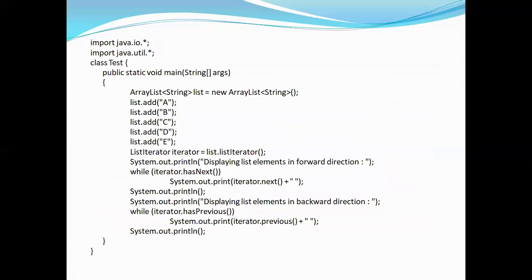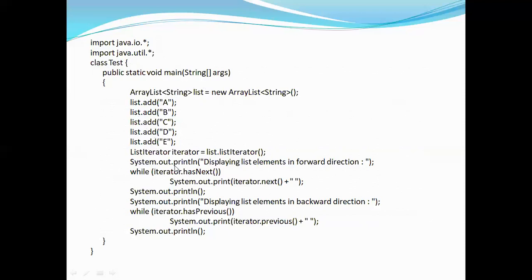Now let's see a small program on this. Now let's see what this program says here. So I took a class, and again I've included the same packages, input output package, utility package. I took a class and I took the main method. Inside that main method, I have taken the collection called array list. Now array list is the collection I took to insert the elements. For that I have created an object called list here. So array list equal to new array list. In this array list, I've added some elements, again same like previous: A, B, C, D, E. I have added them into the array list.